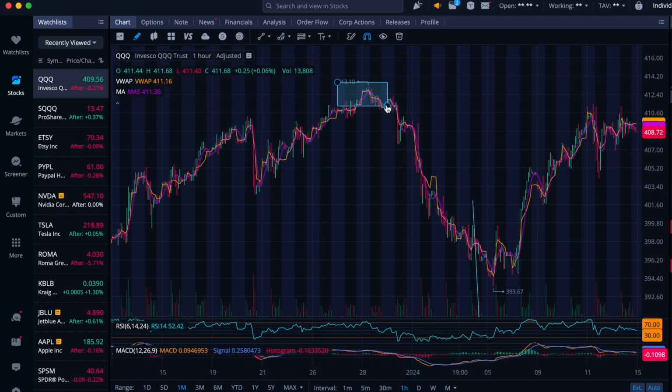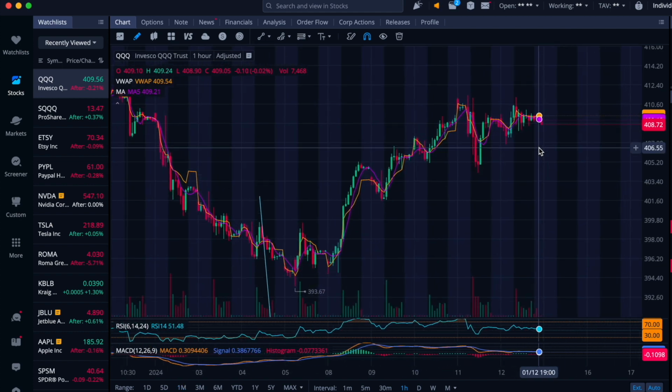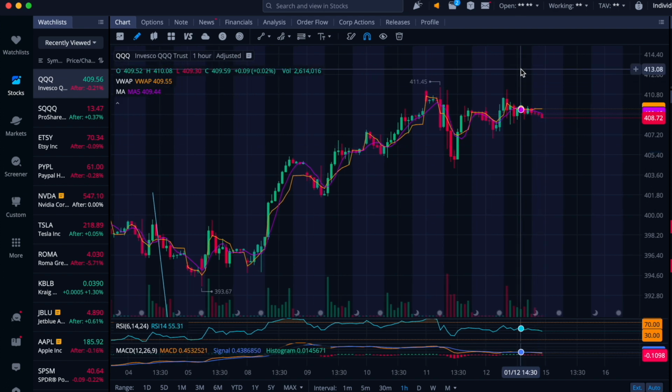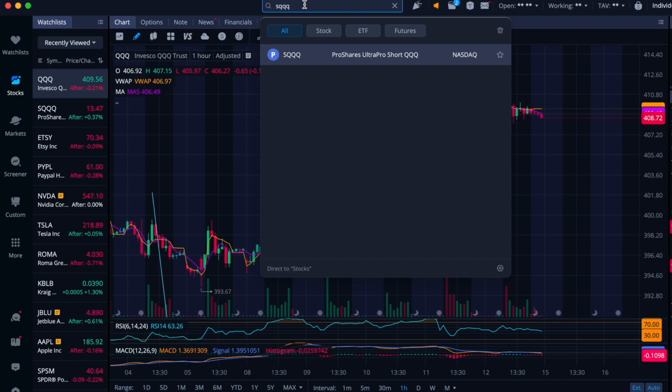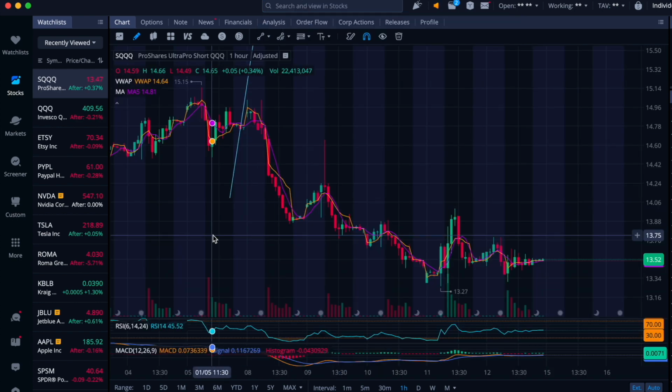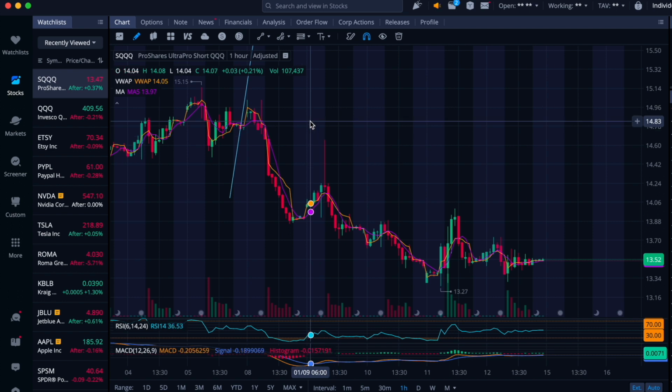But you know what? That's an extra 5,000 that I can put towards anything I want and just focus on the next trade. Right now, it looks like QQQ is failing to break above this 410. But we just have to be patient. I want to see where it goes. I want to see if it's going to break 412. If it's not going to break it, then maybe we'll get a re-entry back into it, because I had those purchases at SQQQ where I bought twice, one at 14.9, and then the other one at